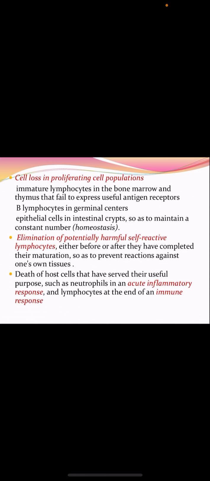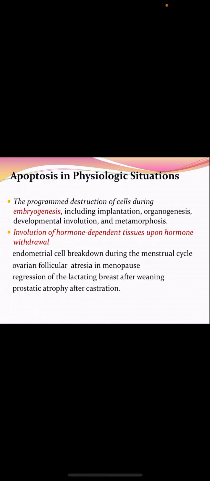These are the examples of physiological conditions. This can be asked for 3 marks. Examples: embryogenesis including implantation, organogenesis, developmental involution, metamorphosis, endometrial breakdown in the menstrual cycle, ovarian follicular atresia in postmenopausal women,